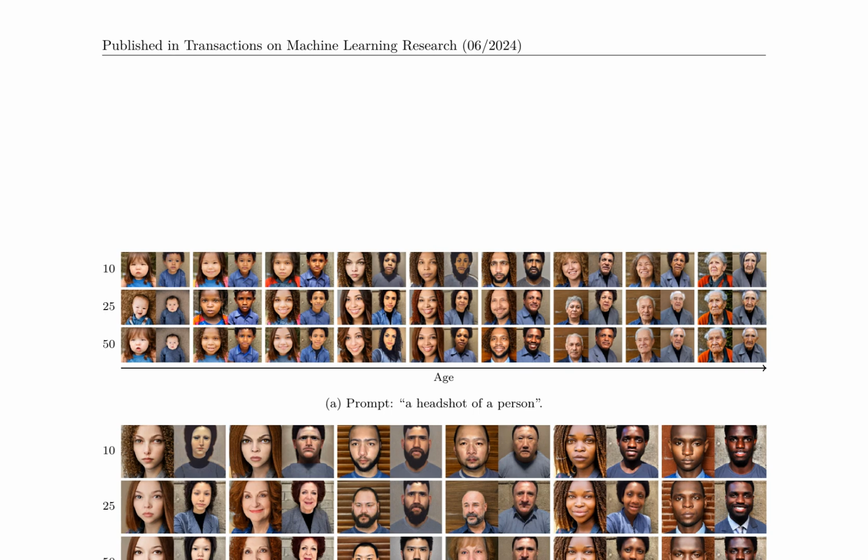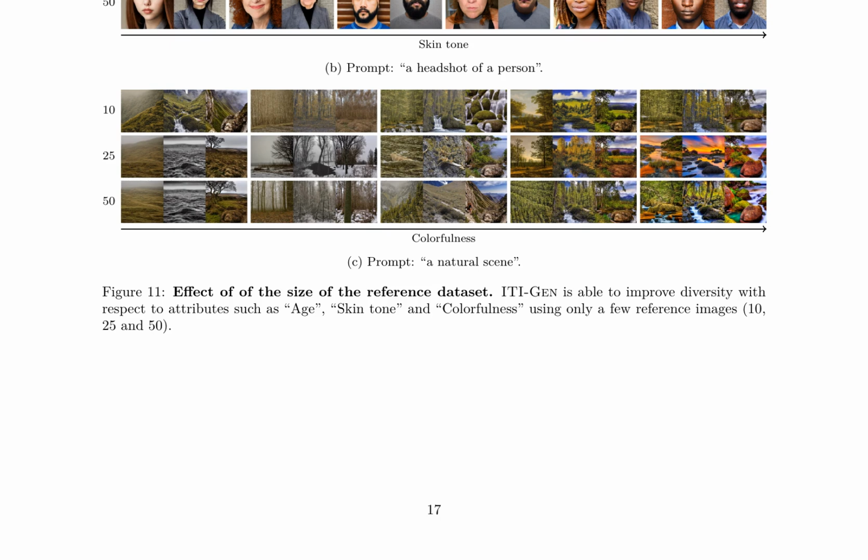The findings suggest that ITI-GEN can effectively enhance diversity even with a limited number of reference images. For the age attribute, diversity improves significantly with a larger dataset, indicating comprehensive coverage of age-related features. In contrast, skin tone shows a significant improvement with just 10 reference images, highlighting ITI-GEN's effectiveness in capturing diverse skin tones.